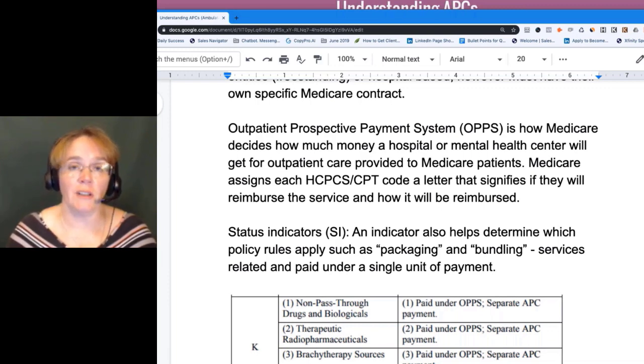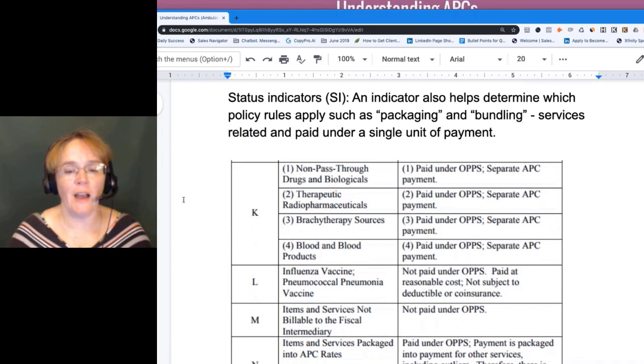So outpatient, still dealing with Medicare, it can still be at a hospital. You've got to keep that in mind. A lot of people think hospitals are only inpatient. Well, hospitals also have outpatient services. So that's how much they're going to get paid for those Medicare patients for the outpatient services they provided. So they assign each HCPCS, each CPT code, a letter that's going to signify how it's going to be reimbursed. So these status indicators help determine